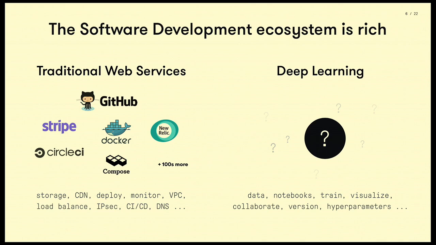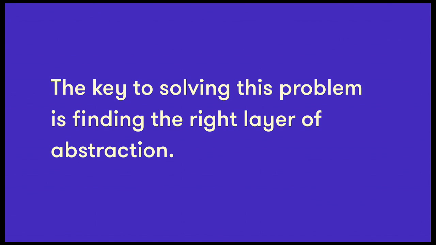Now, we obviously spend a lot of time thinking about this and have found that the key to solving this problem is finding the right layer of abstraction. And getting this right is really tricky. On the one extreme, you have toy projects where you can tinker with a neural network in a browser, and these tools are often severely limiting. And on the total opposite end of the spectrum, you have very powerful yet complex low-level libraries like Kubernetes, where I tend to think of those tools as really being in the role of DevOps and not in the wheelhouse of a developer. So finding that right layer of abstraction is really important so that developers can be productive.